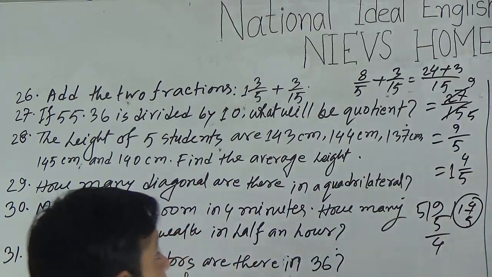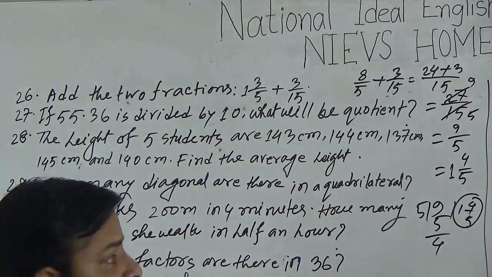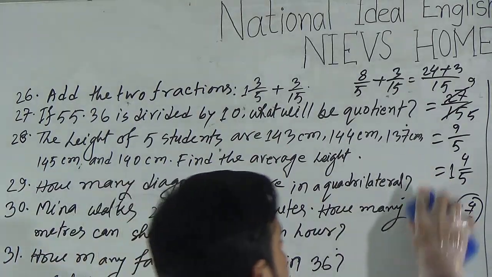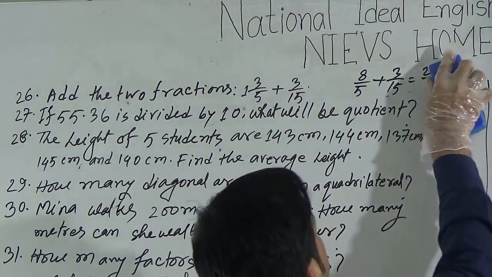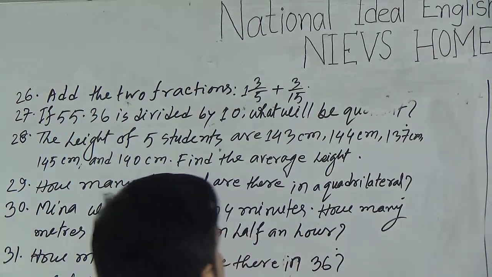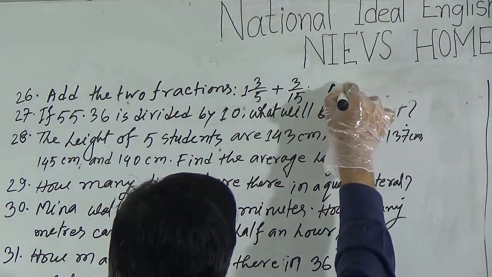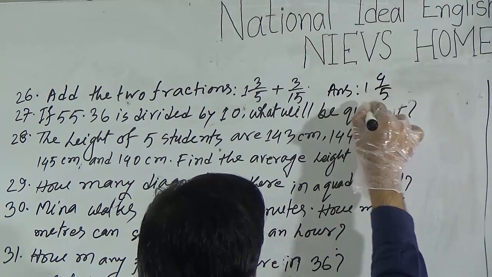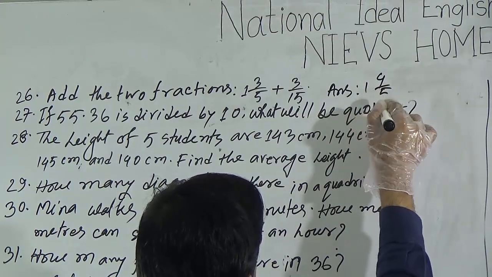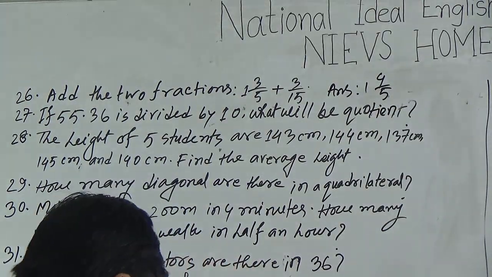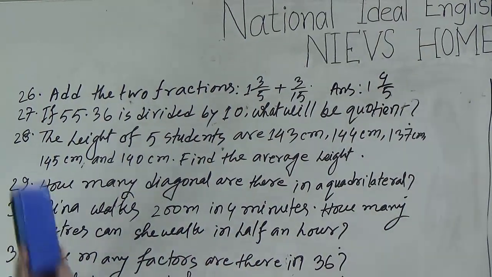So you can say the sum of these two fractions is one integer 4 by 5. So we can write the answer now. Answer is one integer 4 by 5. Now go to the next question. Our next question is,